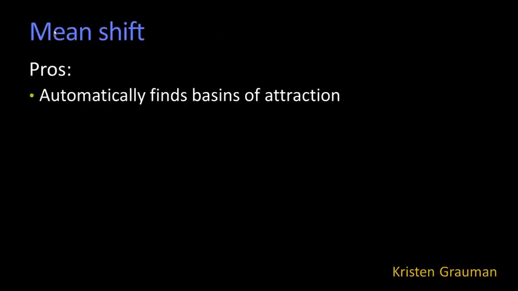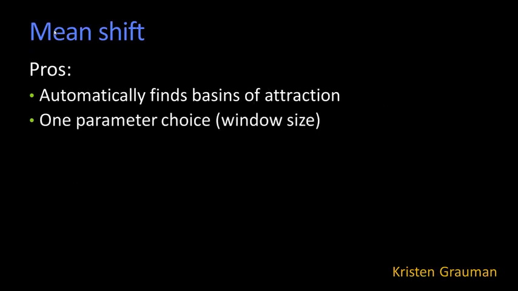I will tell you it's a very strong technique. The cool thing is it automatically finds these basins of attraction, so you don't have to tell it how many modes there are. There's essentially one parameter choice, which is that window size, how big that Gaussian is. There's also, because you're operating in a feature space, a distance function, right? Because when my Gaussian is over some